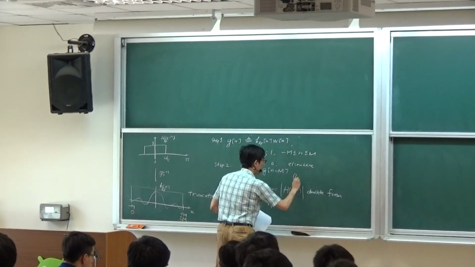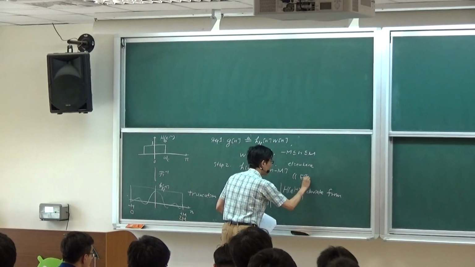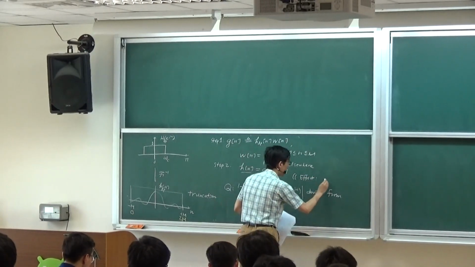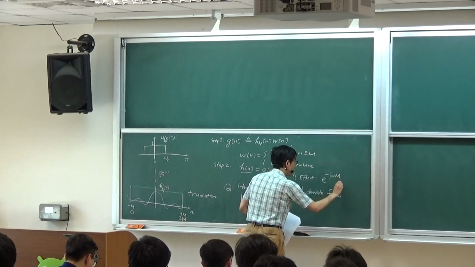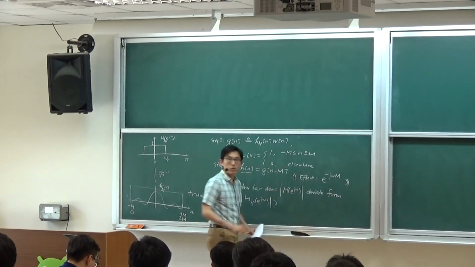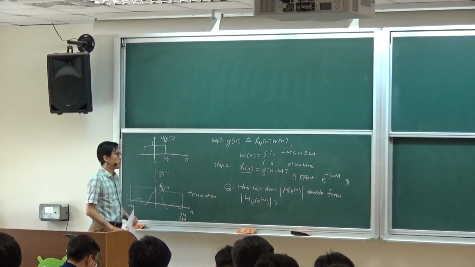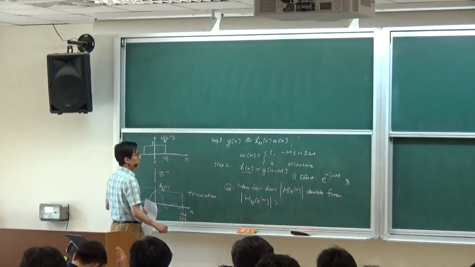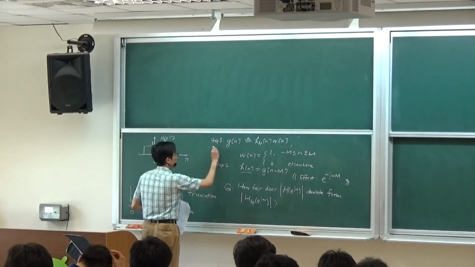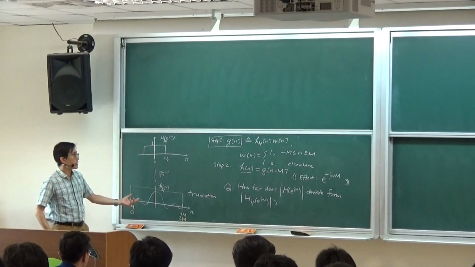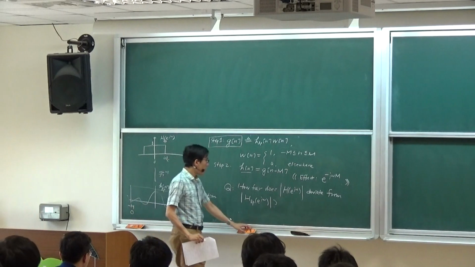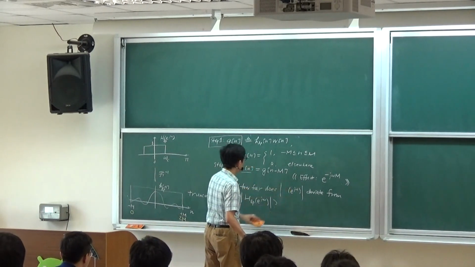The effect is a phase term, e to the minus j omega n. So the magnitude response stays the same. That's an important concept. I hope you understand. So for now, let's not worry about causality. Let's say we are going to talk about how far does g